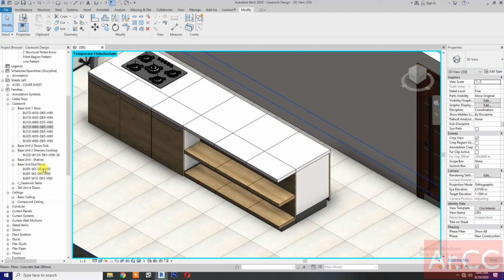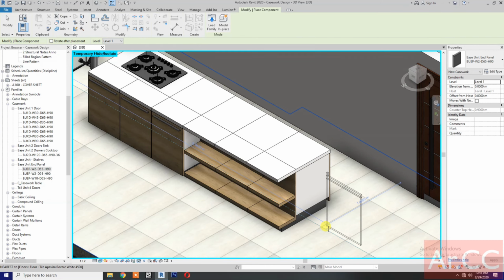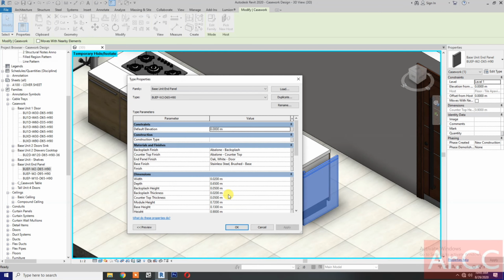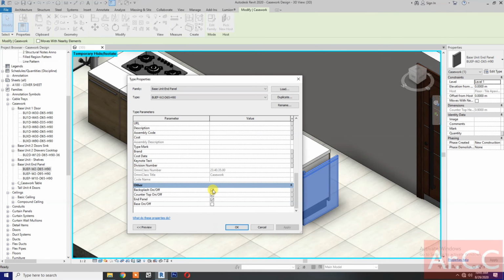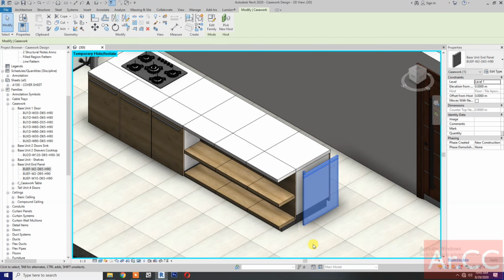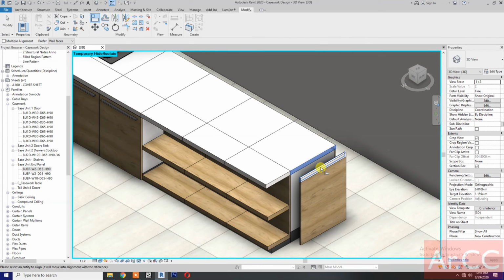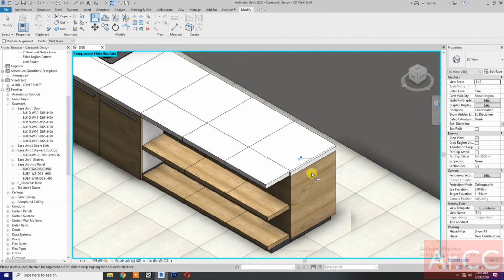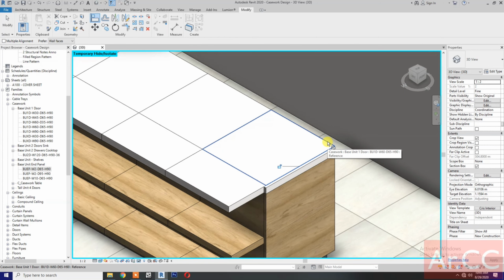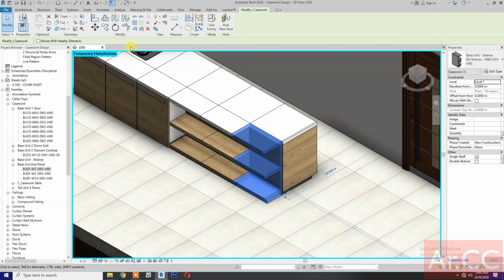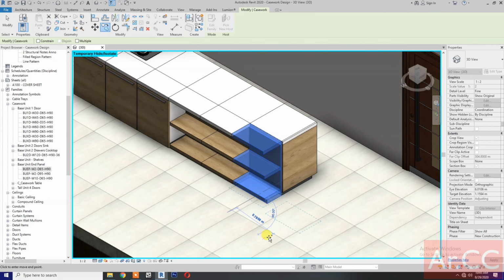then let's add the base unit and panel. Okay, 2 centimeter wide. Okay, select the unit, let's uncheck the backsplash. Okay, align, select the side surface, select the side surface, select the side surface, select the side surface. Okay, select, copy,